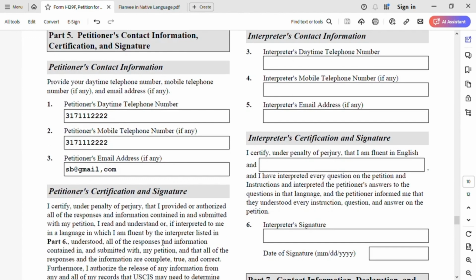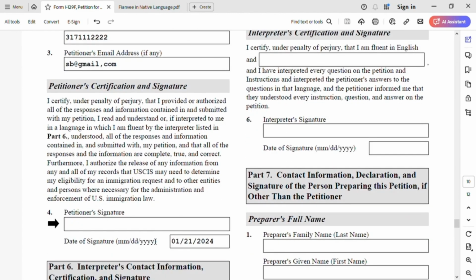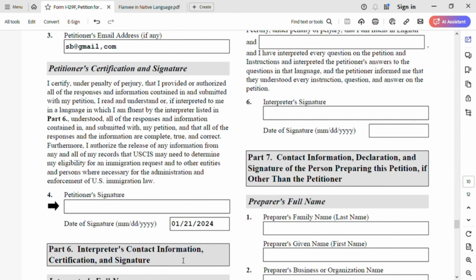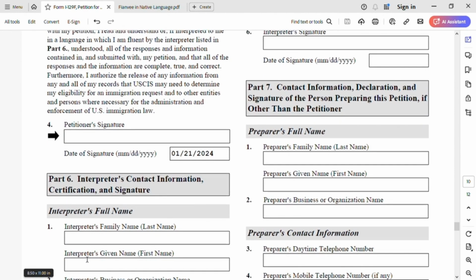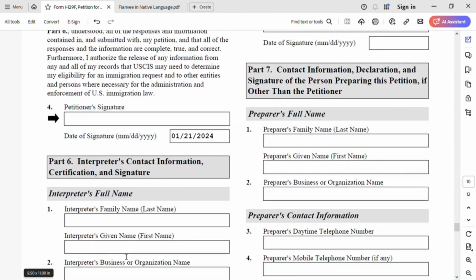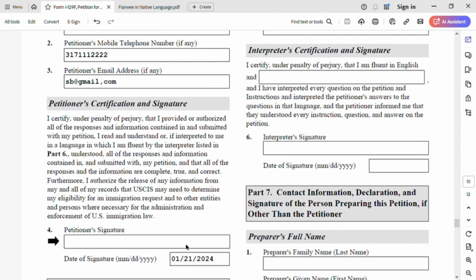So now a lot of people ask me about this question right here. What if somebody prepared this form for you? It is very simple. Or somebody was an interpreter. So I'm not going to talk about the interpreter. If somebody helped you, it is very simple. Just enter the interpreter's information right here. Last name, first name, and then business, and then I certify that person, and then interpreter signature and date of